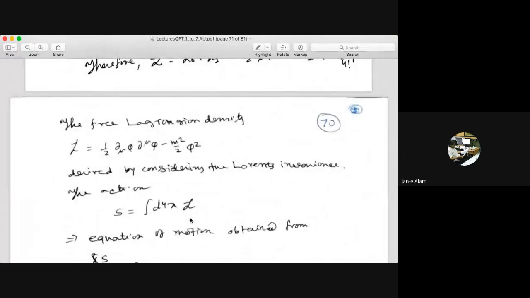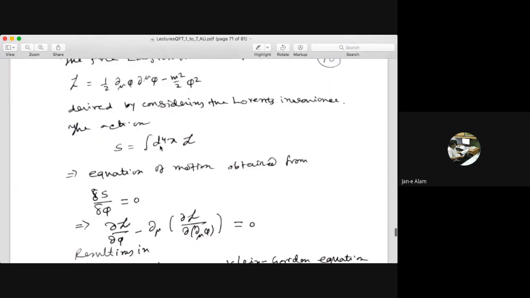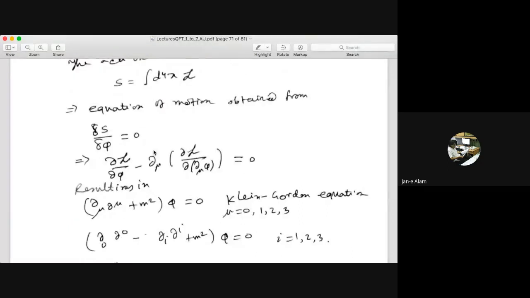So let me recapitulate. What we have done, we have a free Lagrangian density for the real scalar field. This you have seen many times, and this was derived from considerations of Lorentz invariance. We said that suppose we have a scalar field phi, what is the free Lagrangian that we can construct out of this free field phi in terms of phi and its derivatives. And we argued that this is the Lagrangian which you can have, and this Lagrangian will give you an equation of motion which is linear. How did you get the equation of motion? We had the action which we extremize by taking the functional derivatives.